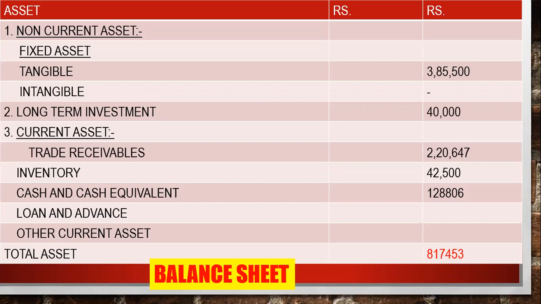So I have given you the second adjustment of this. The first effect will go to the P&L account, where you have to write it in the depreciation and amortization section. Second, you have to deduct it from your tangible asset. Clear? Okay, we'll see the next adjustment and solve it.